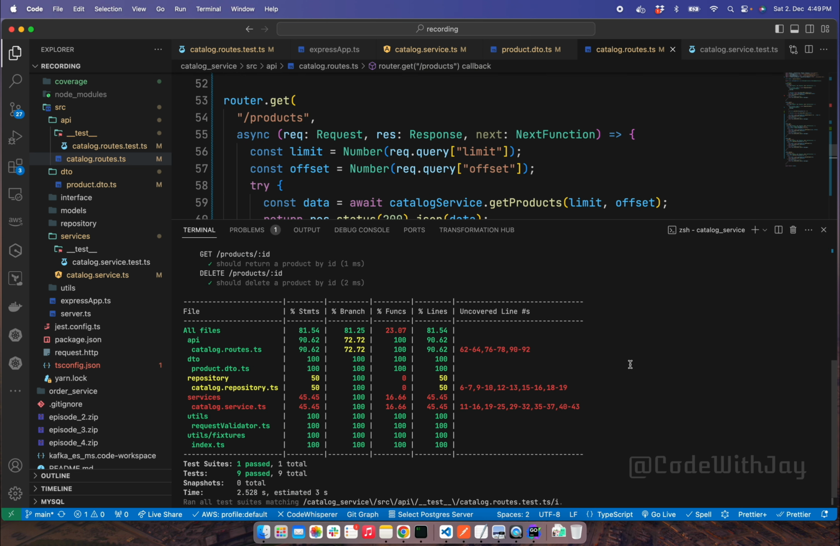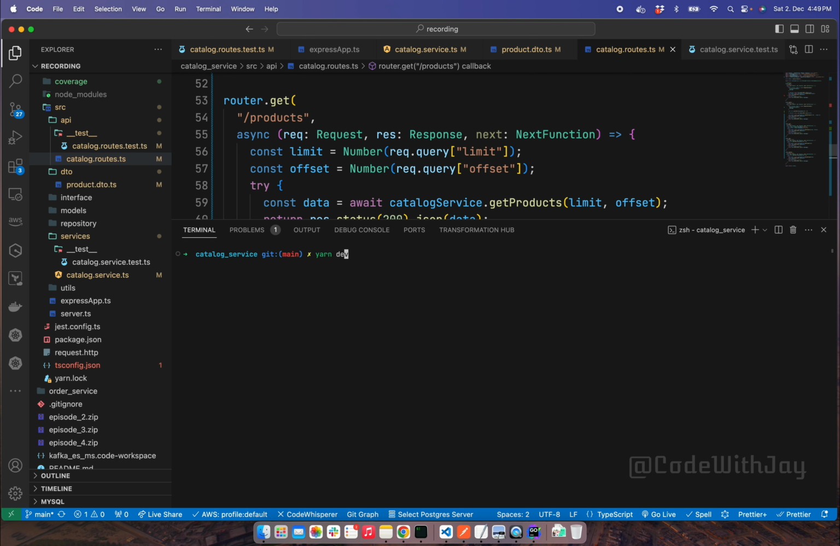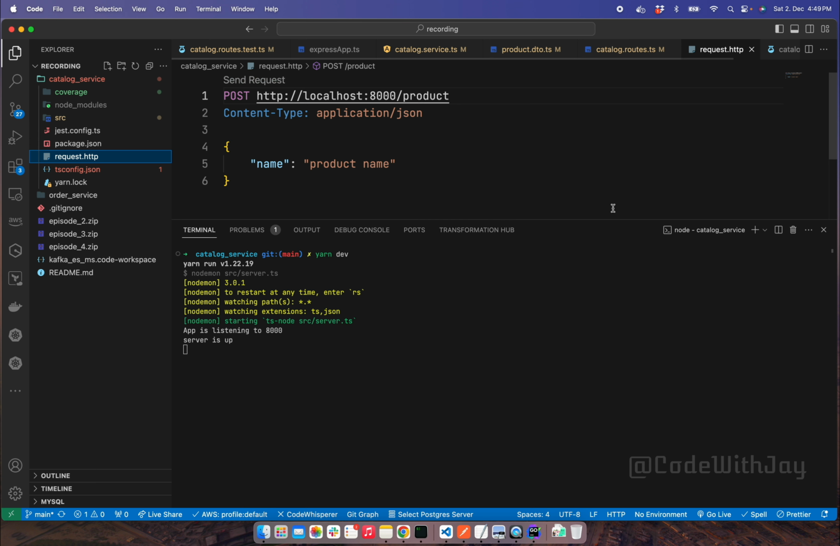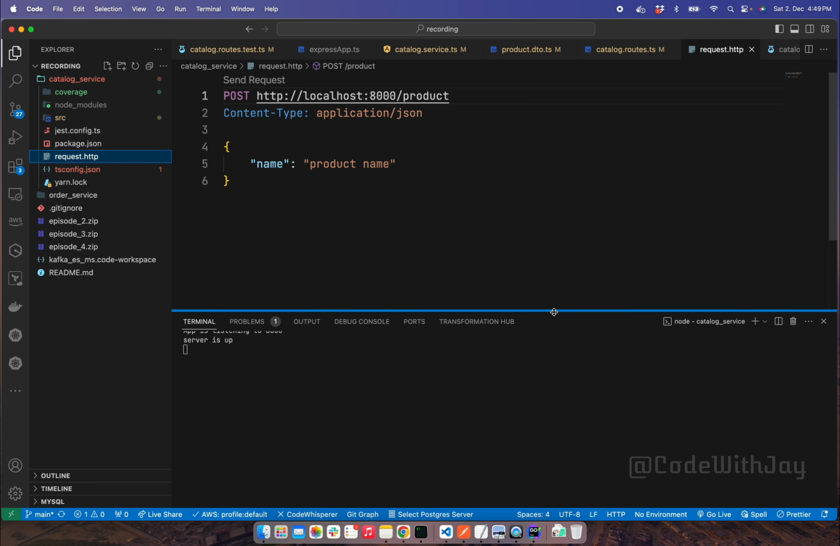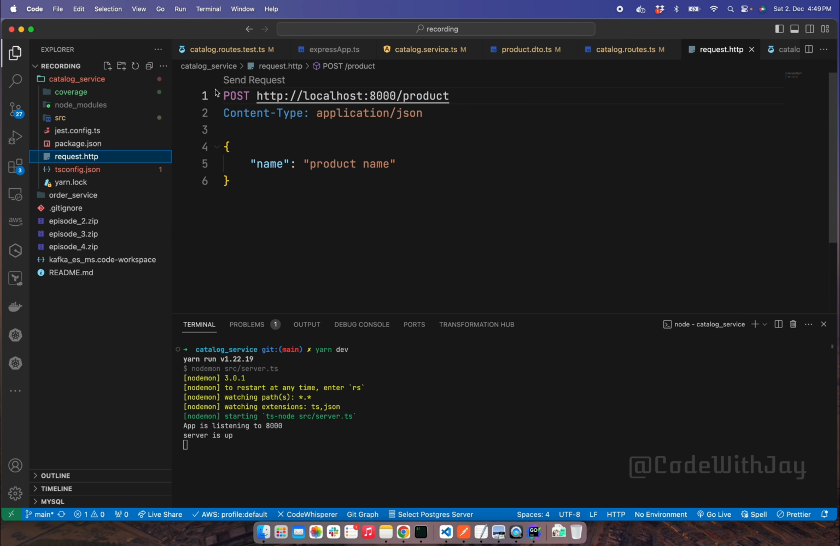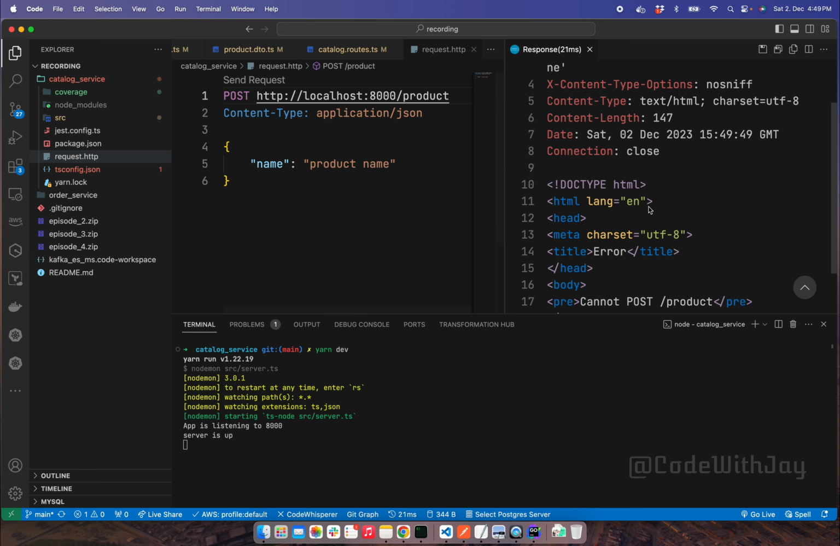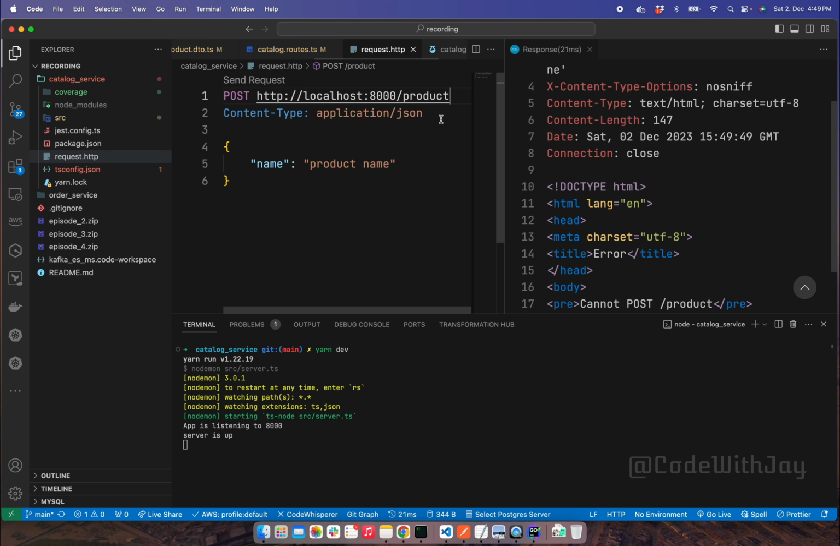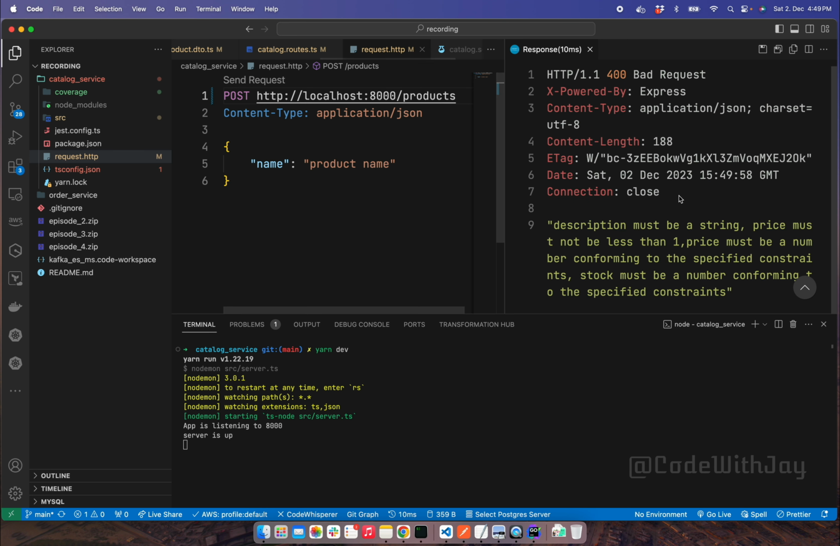So now if you run this application with yarn dev, right, it is running on port 8000, right? And you can go here to the HTTP request. If you try to add the product, and send a request, you can see it says error, right? Yeah, this is products exactly. And now try to send this request, right? So it is sending some kind of error,